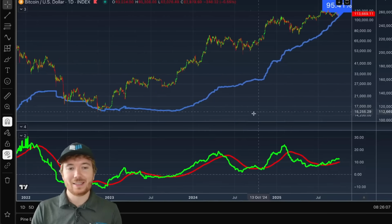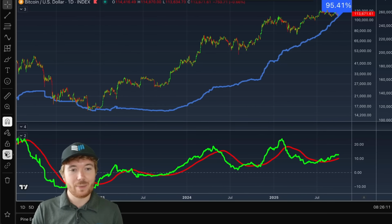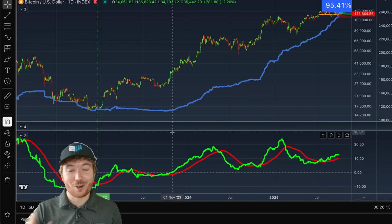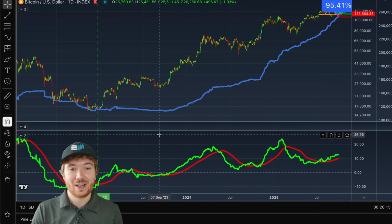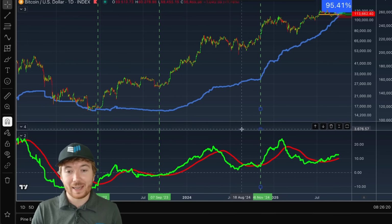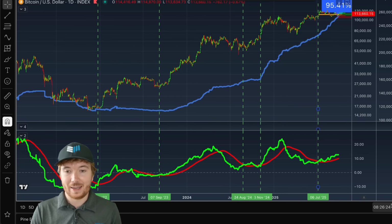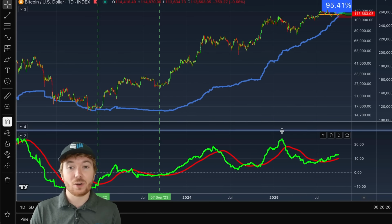But one of the really interesting things is when the stablecoin rate of change crosses above this moving average, it typically indicates a very good period of time to be long Bitcoin, to be accumulating and to anticipate some strong price action moves to the upside in the very near term. Now, if I just remove all of those, what we can also see is when we